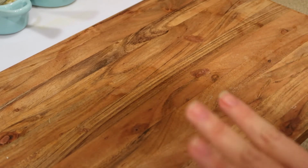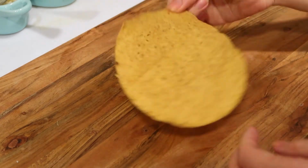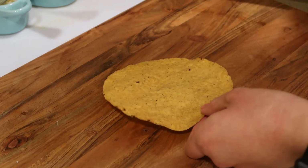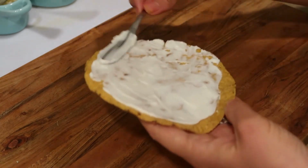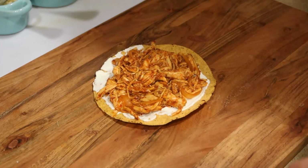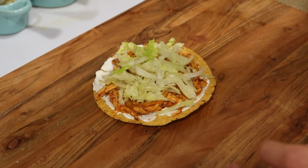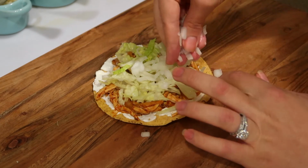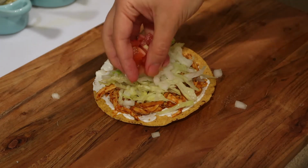Okay, so the tinga is ready, and now let's get a tostada ready. Let me show you how I do it. So I take a tostada, and then I take sour cream, and I layer sour cream on the bottom of the tostada. And then I take some of the tinga, and then I put it right on top. Next, I like to add some lettuce, some onion, and I like dicing my onion just because I can get a little bit of the onion in every bite. And then some tomato,